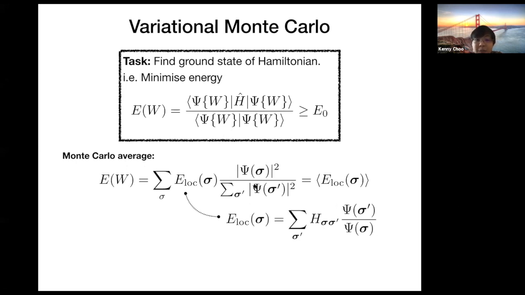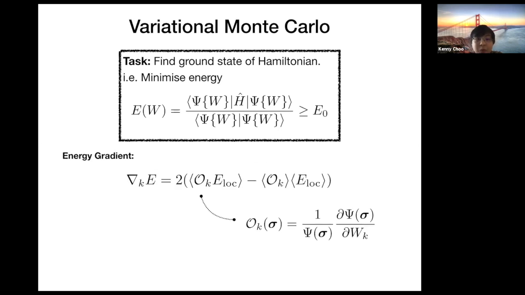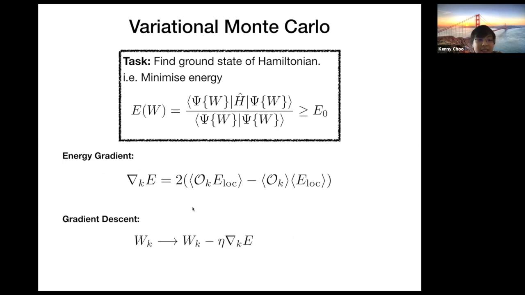So if you can obtain a sample coming from this probability distribution, then averaging the local energy over a sample from this probability distribution, you get an estimate of the energy. And in the same way, you can also compute the energy gradient with respect to the different parameters of the wave function. And this here is just some logarithmic derivatives, and all these expectations you can also evaluate using Monte Carlo. And the idea then is simply to do a gradient descent and walk down the energy landscape by updating in this form.